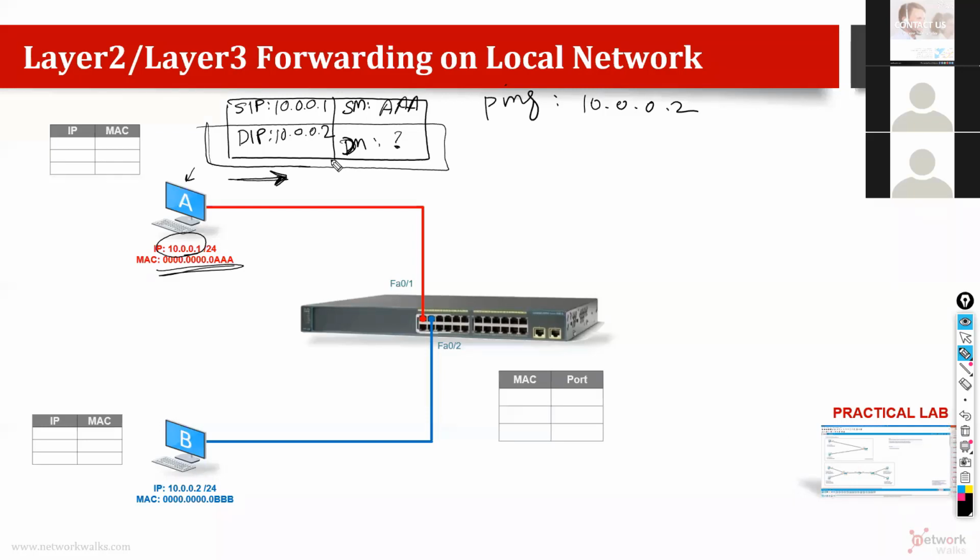So we will ask the switch, and the message will reach here. The switch will say, okay, wait, I can help you, but first I need to help myself because I'm also hungry. My table is also empty. I need to fill this. On which switch port is the message coming? So the switch will know that this message is coming on my FA0/1 port. And what is the MAC address of the device who has sent it? What is the source MAC address? AA, right? Because it's already in this packet which we are sending.